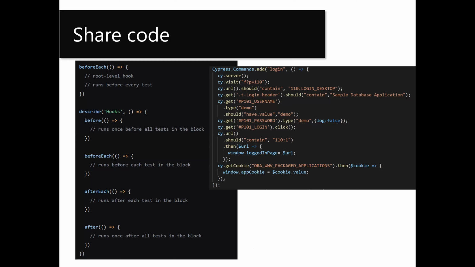As you've seen, these tests can start growing easily on you. If you have big apps and you want to run some complicated tests, the code will grow. And now the next concept I'm trying to get across is how would you reshare code? So let's go back to my